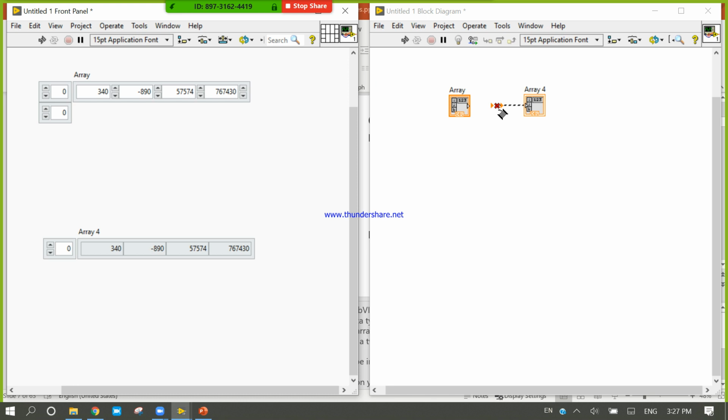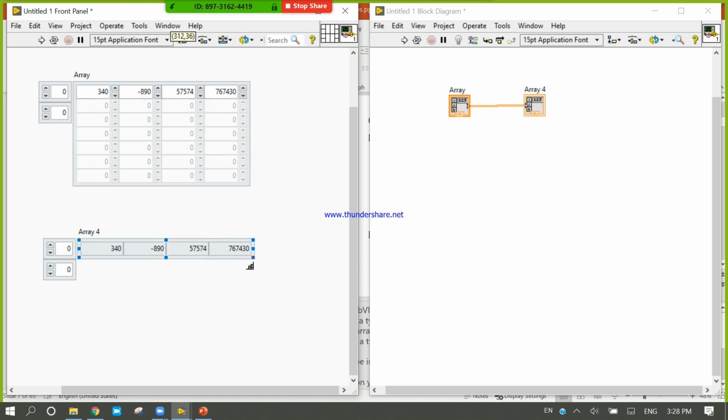You have connected two arrays of different dimension. The dimension of this array is 2, and the dimension of the one below is 1. So now drag it and increase the size. Now you can increase the array size.